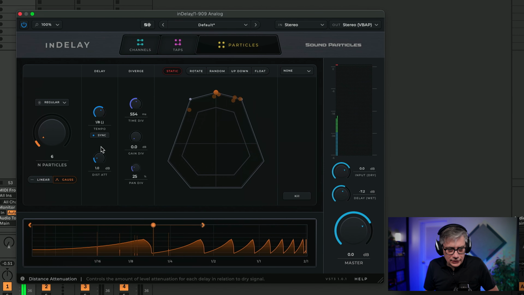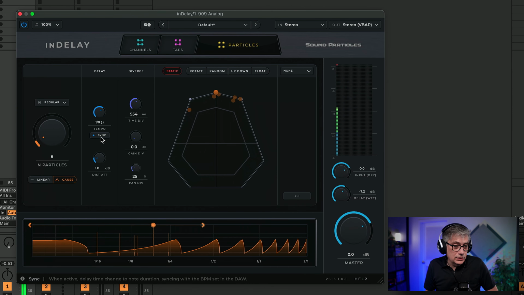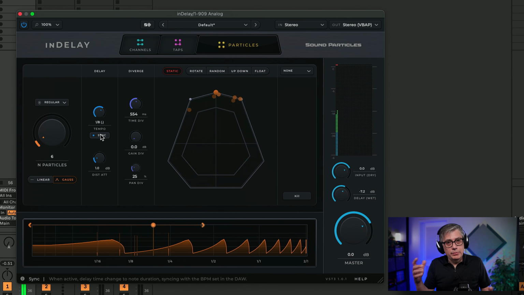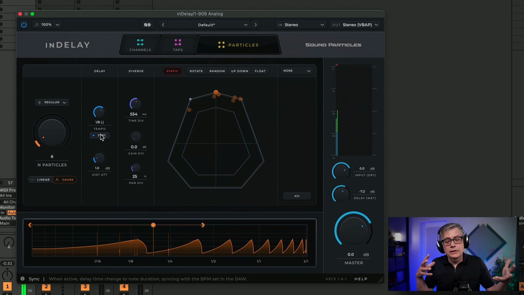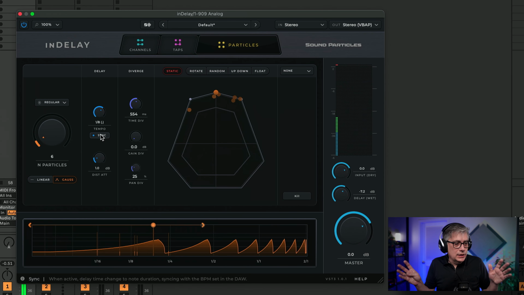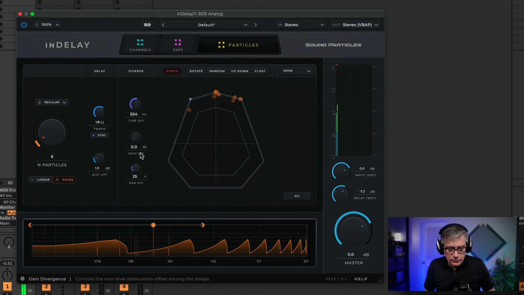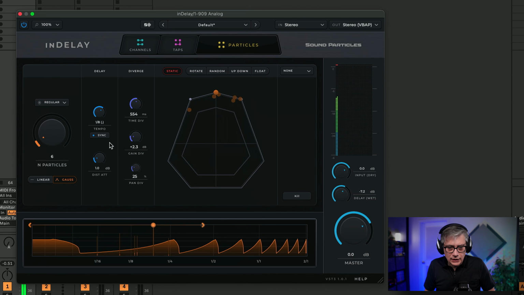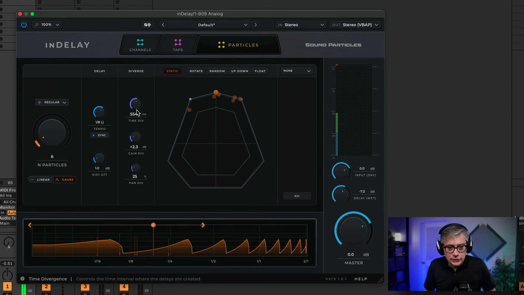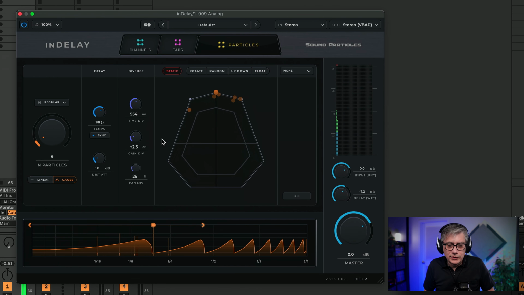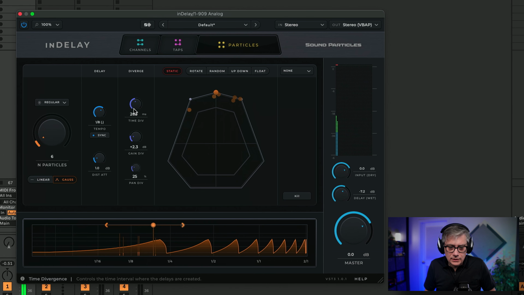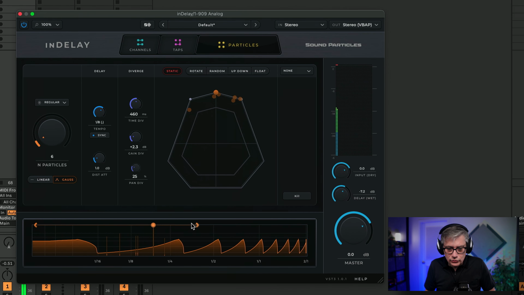You can change the attenuation according to distance. You do have a sync button again, but here actually the sync button makes sense because all the particles have to act in the very, very same way. So the fact that we have only a global sync is fine in this particular case. And we can once again change the individual settings here, the gain, the difference between the gain, or the divergence of the gain, of the time. And as I said before, you can also do that here